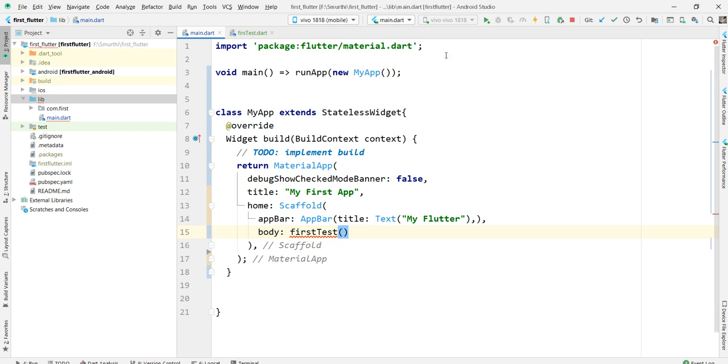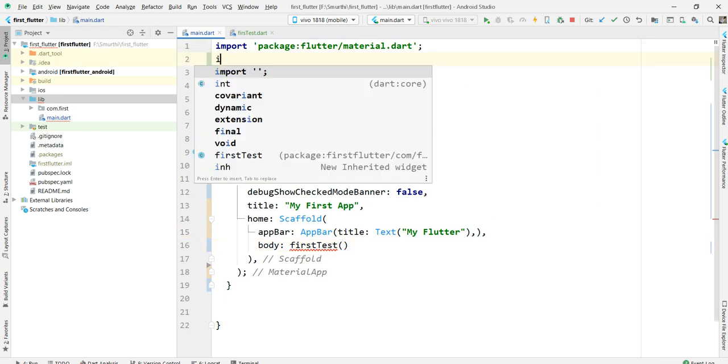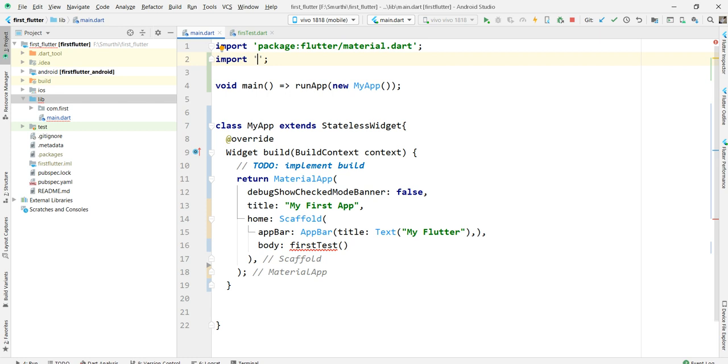We need to import that package as well here. So import, slash com dot first, slash, and the file name, that is first test dot dart. This we need to import. So now this is done.